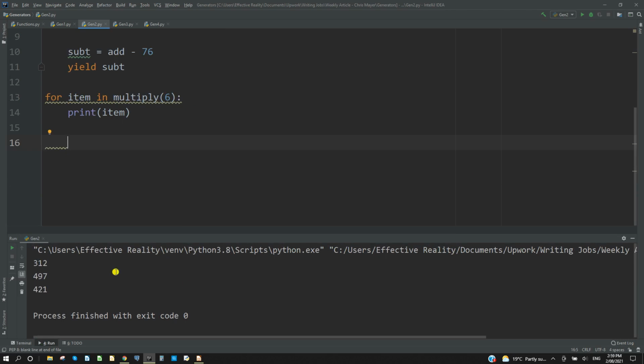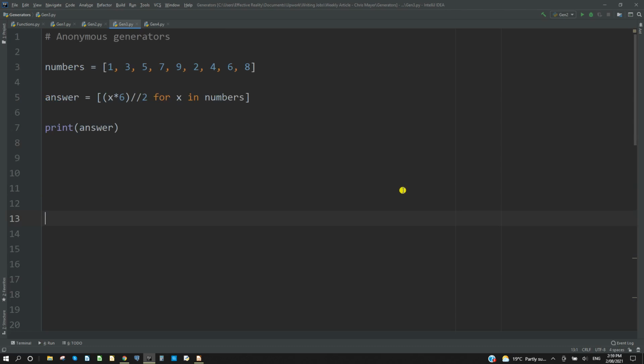And once again, there you see the answers that we would expect. Now, one of the things we can do with generators is, rather than define them formally as we did previously, we can use anonymous generators. Now, those of you who are aware of lambda expressions or have done list comprehension, this will be a fairly